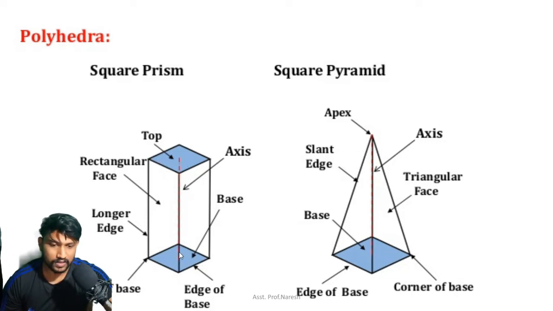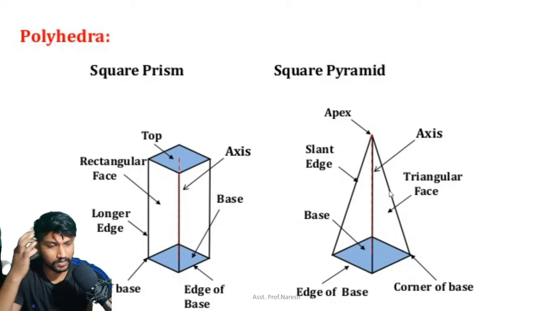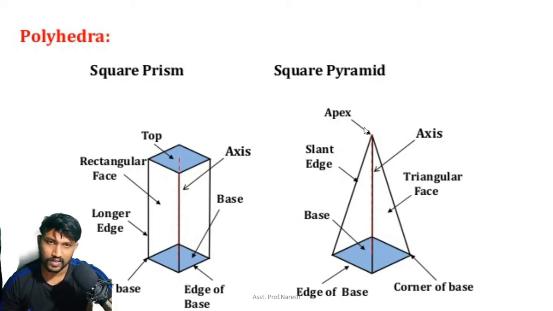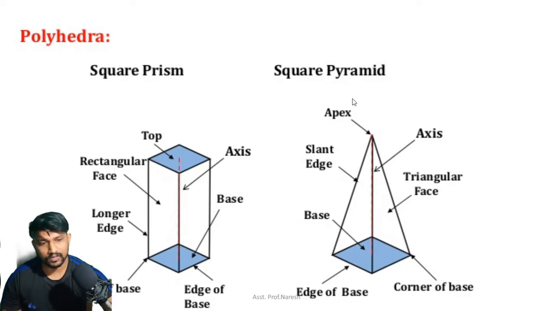And this one is the base, the lamina or the area at the bottom side of this particular three-dimensional solid. This one also has somewhat similar properties, but at the top the geometry changes. At the top, this concentrated single point is known as the apex. All of the edges will be connected, whether it is a square pyramid or pentagon or hexagon, whatever it is, all of these edges have to coincide at this particular point.